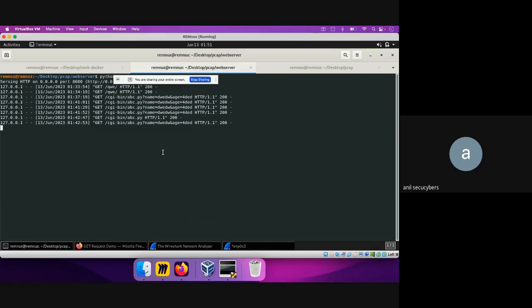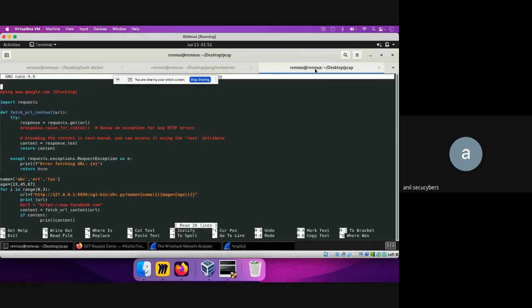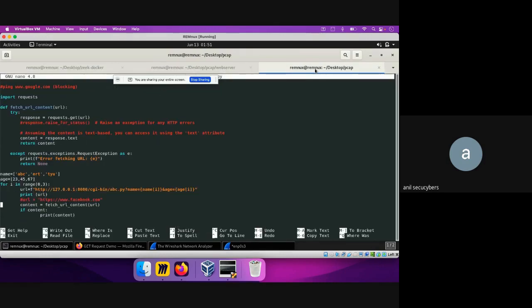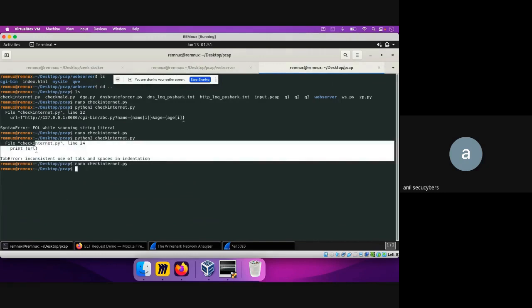And you will be seeing multiple different kinds of parameters over here. So there is another error, guys. What is the error? Let me quickly figure out. Inconsistent tab. This is something that you will be facing a lot of times. Even though your code is correct, there will be some issues with the tabs and all. So what you do is